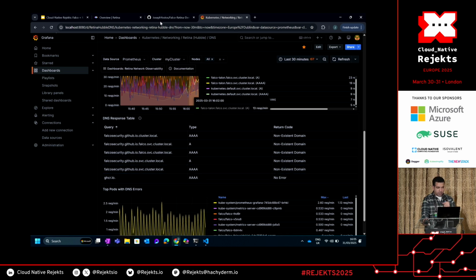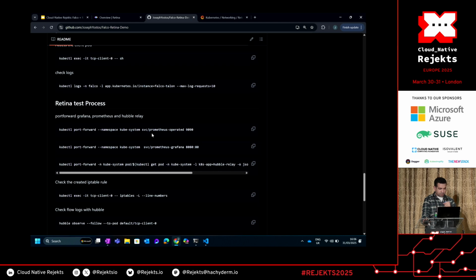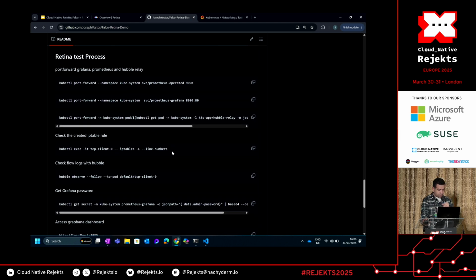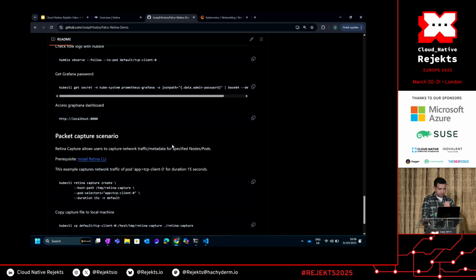The last example I have in this demo is packet capture. So in this environment, we have Retina CLI installed, so we can simply, with one command,